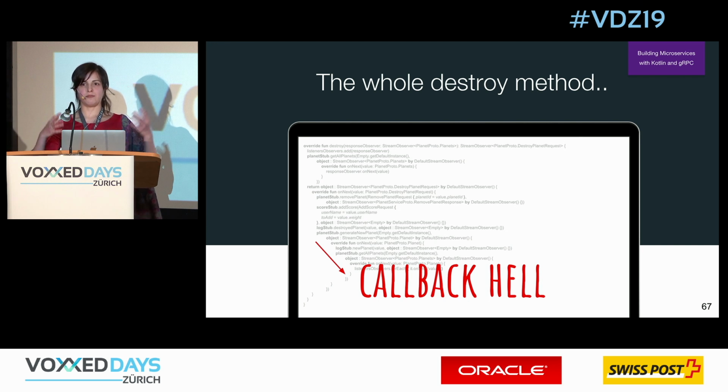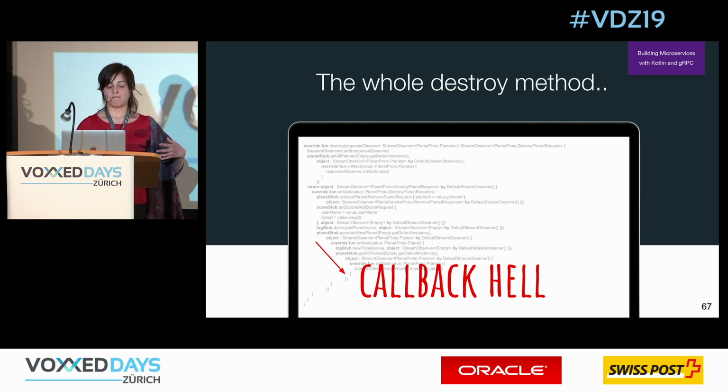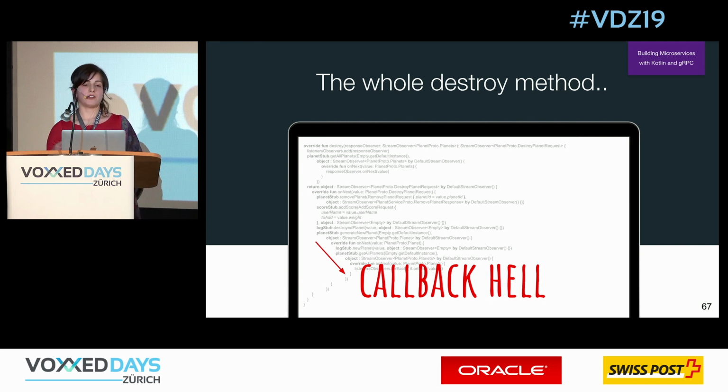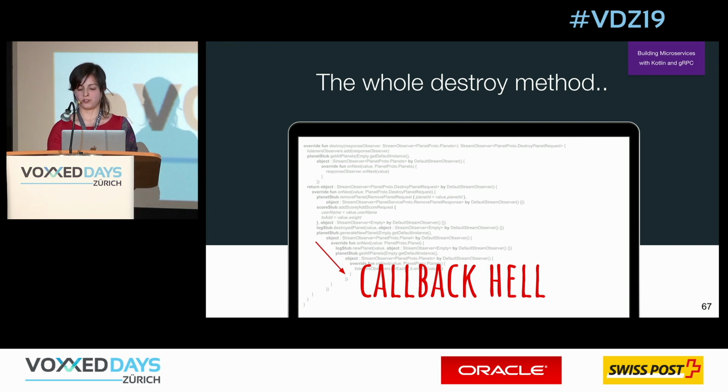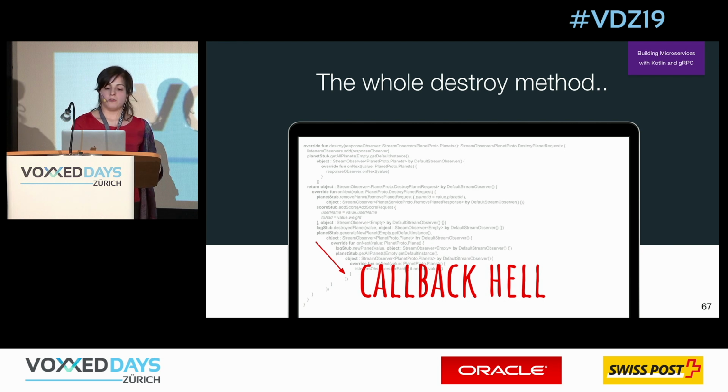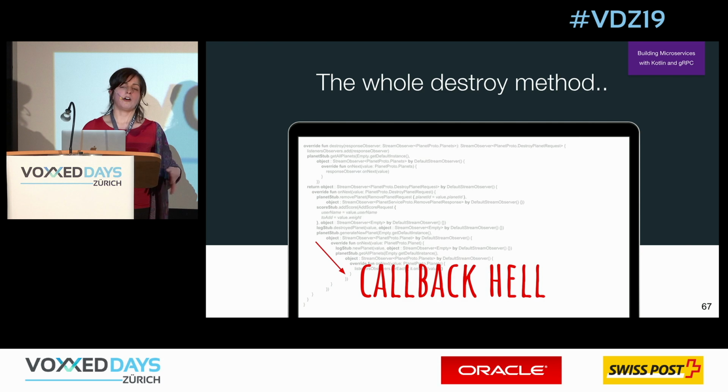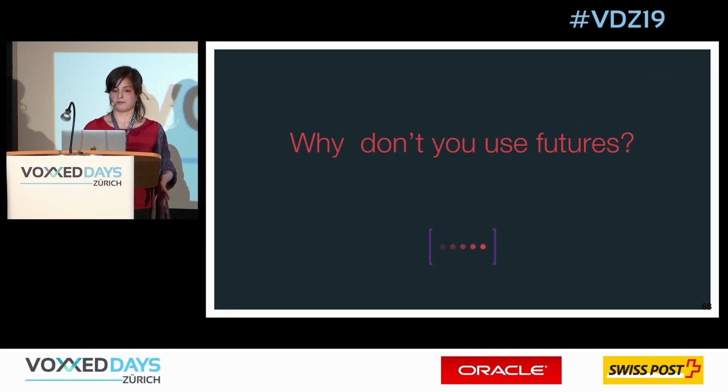These stairs are called callback hell. Because we have Java and we have stream observers and we need to pass callbacks all the time, we find ourselves in the situation called callback hell. Maybe it's not too common for Java programmers, but for JavaScript programmers it was a huge pain, until they introduced some cool stuff. So callback hell is a bad situation and we need to somehow handle it and get rid of it.